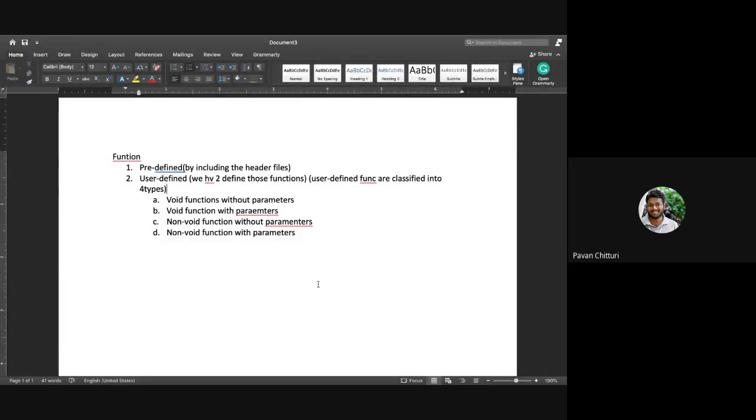Now we will see an example of swapping two numbers, and we will see how we call these parameters. Parameters are nothing but the inputs given to the particular function.